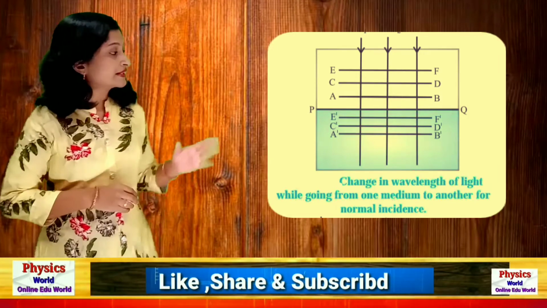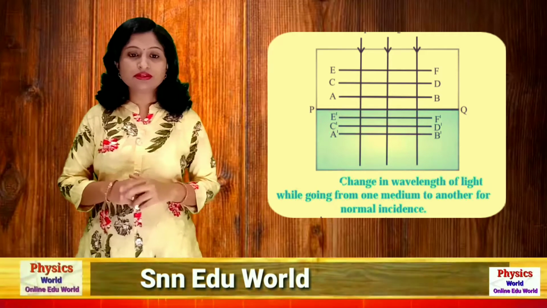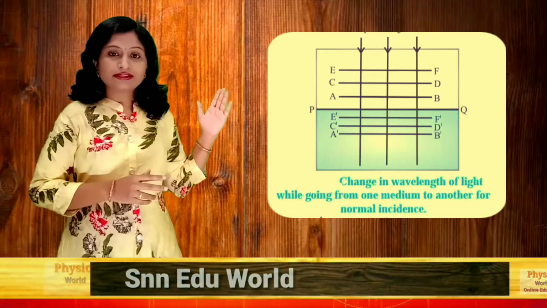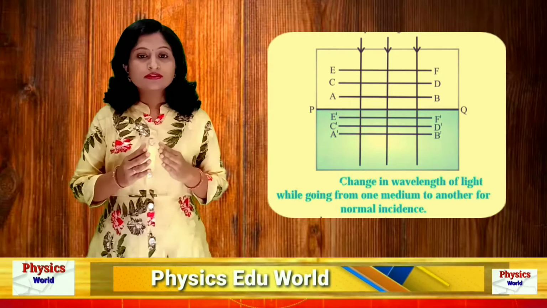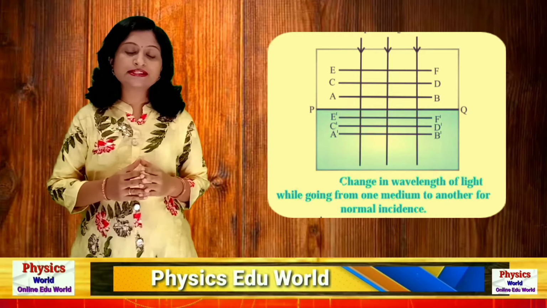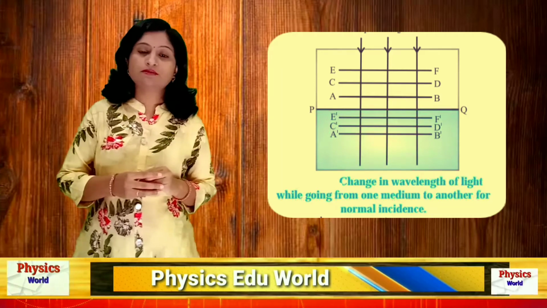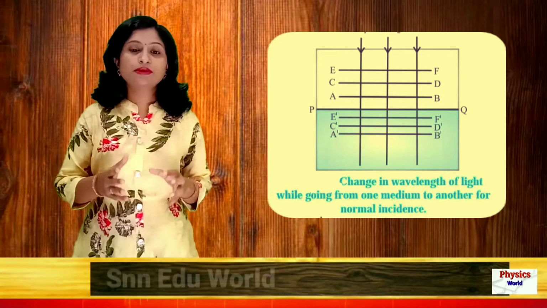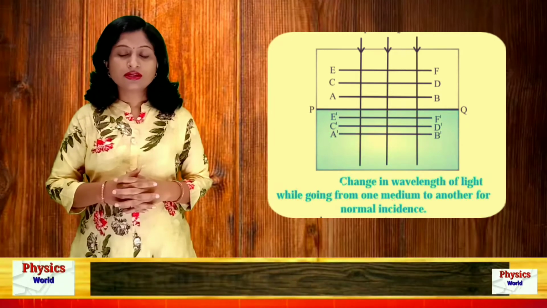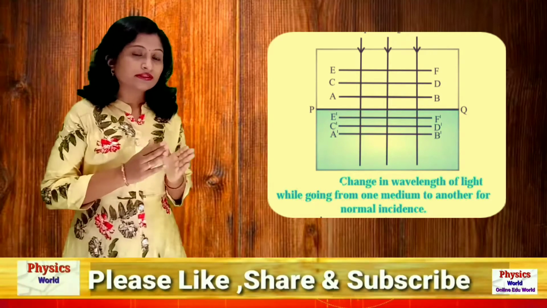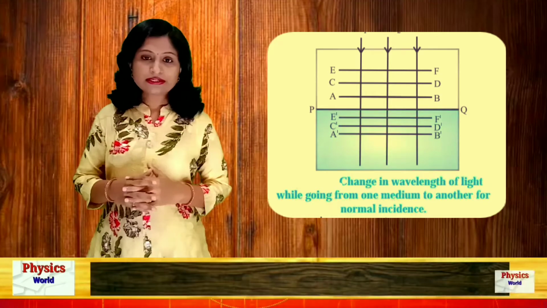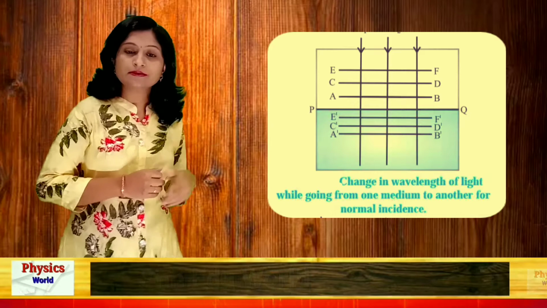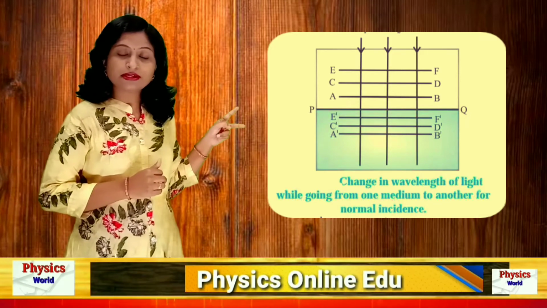Okay, so when these light rays will enter into the second medium, here we are representing the second medium as a denser medium. Okay, so when this light enters into the denser medium, their wavelength will change, or we can say that first their speed will change, because whenever a ray of light passes from rare medium to denser medium, its speed will decrease. Since its speed will decrease, the distance between two wavefronts will decrease. So here we are getting the refraction of upper wavefronts in the lower medium, that is second medium, denser medium.